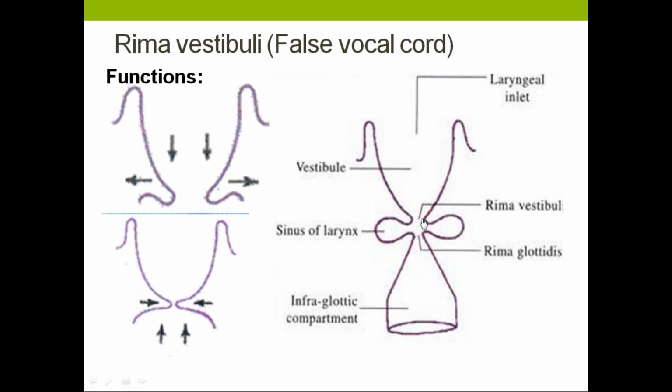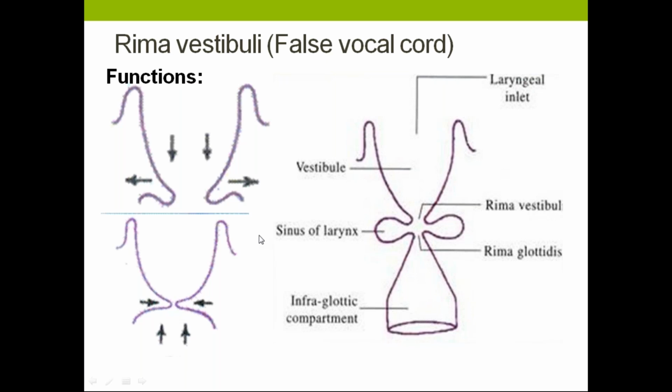Okay, so it is lined by ciliated columnar epithelium with underlying areolar tissue. The next will be the vestibular ligament. Okay, if you see the function, it prevents air entry in inspiration and prevents air exit in expiration. So it acts as an exit valve. Okay, it also helps in the holding of the breath at the end of inspiration, which is done by the portion of the vestibular fold. Okay, so after inspiration, this vestibular fold approximates and closes the